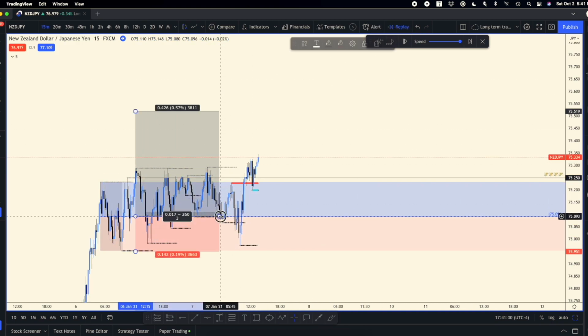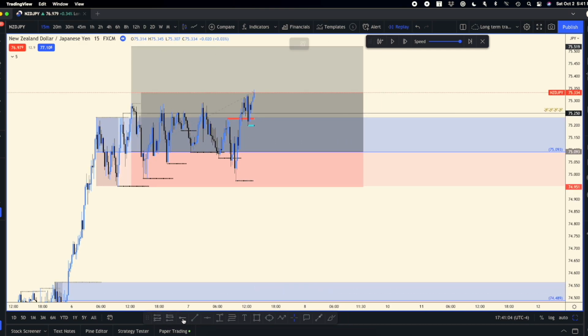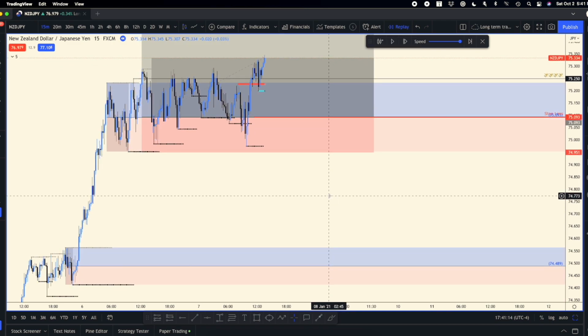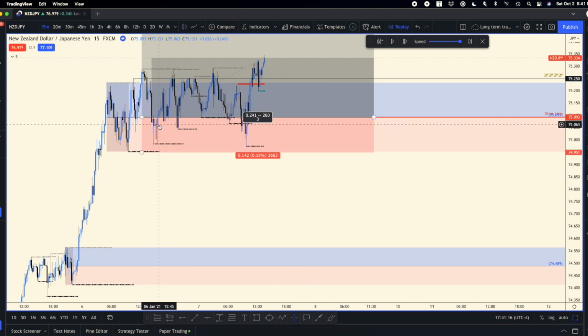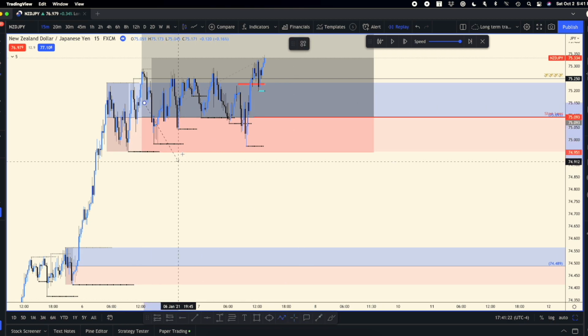So we are at B according to the rules. All right, so personally, if I was trading this live market, I would not have gotten in, just because I didn't like the setup. I would have expected it to basically start doing